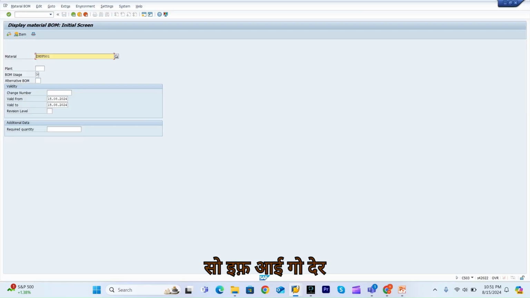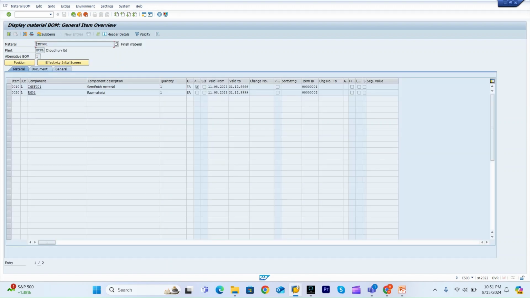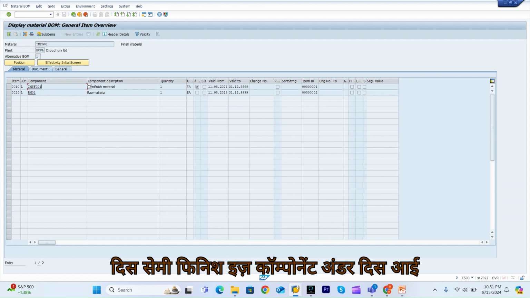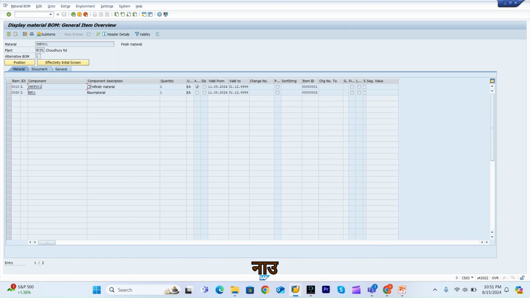So if I go there, here plant, and so see, this is the semi-finished component under this IMFG01. Okay, this is the parent material and this is the sub assembly. Okay, now